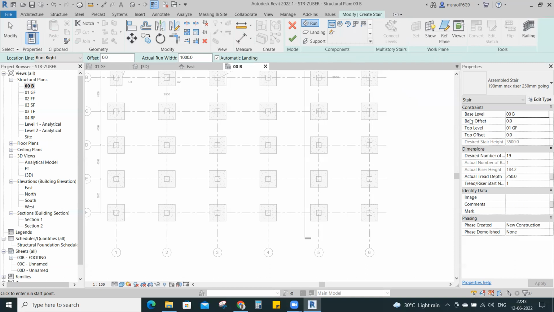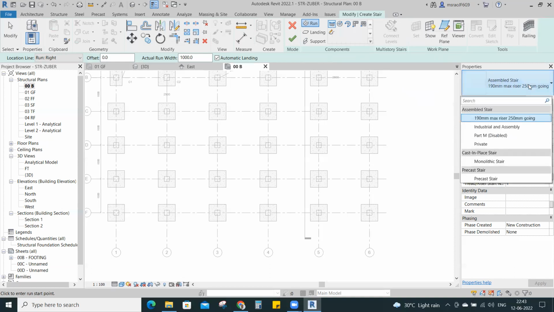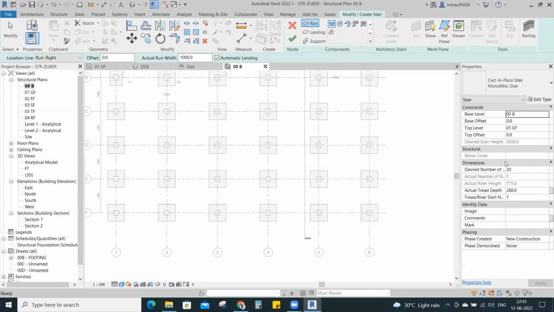So I'm going to the staircase. In the properties, we have to choose either precast or monolithic stairs. Anything is okay. Let's say now I'm going to use the monolithic stairs, cast in place. It's nothing but casting at the site. There will be no difference. When you choose the staircase, here we need to observe the base level and base offset,